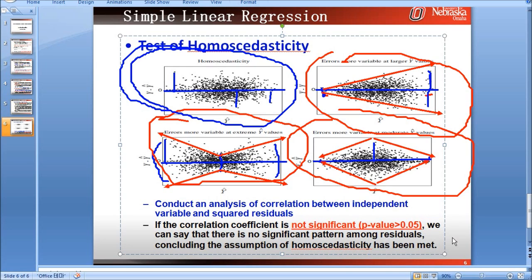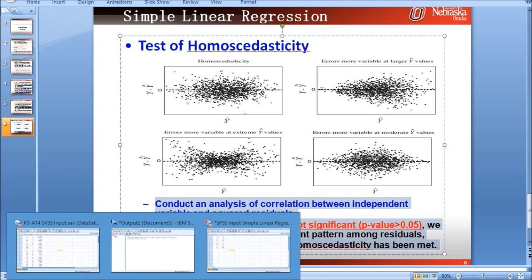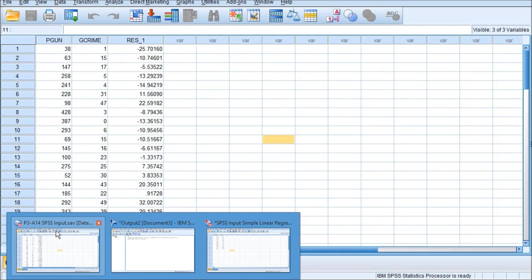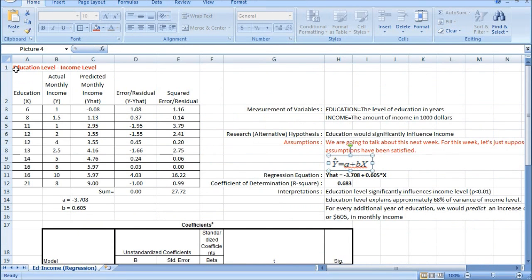Okay, I'm gonna show you how to handle this in SPSS. Let's go to SPSS. This data set is about educational level and income level.